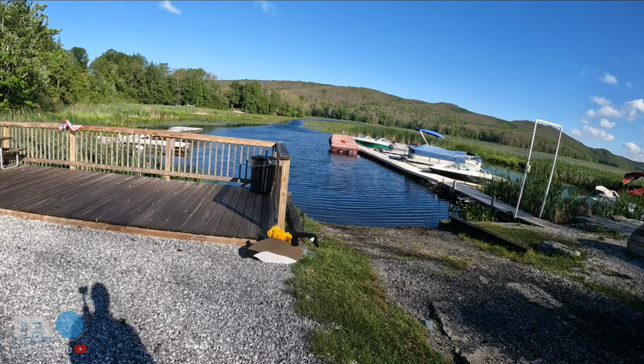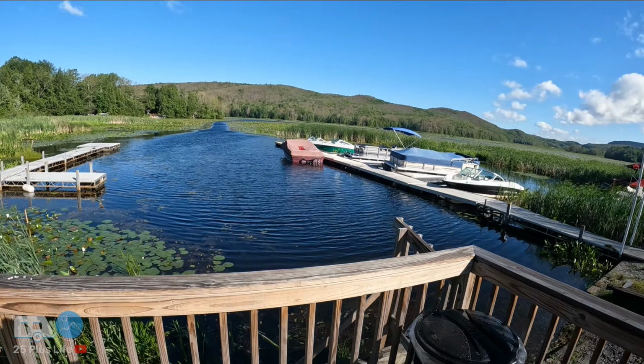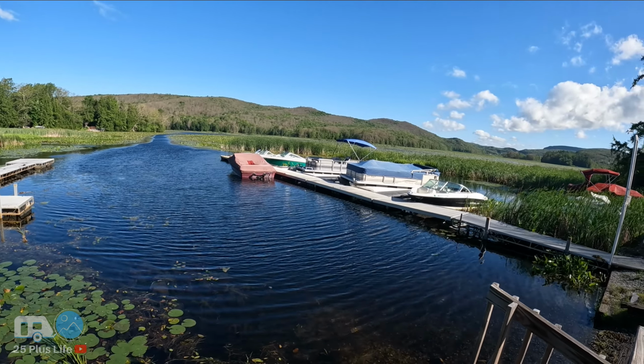But as far as Vermont goes, you don't really get much more. This is Scenic Vermont, and it's absolutely beautiful. Right here in the mountains, you are about an hour and a half away from Ticonderoga and those areas. Castleton is right down the road. So you have a different feel here. You get close to the New York border, upstate, and then as far as Vermont goes, you have Castleton. Fairhaven is probably the closest that we've seen that had